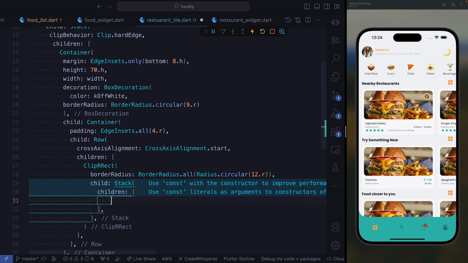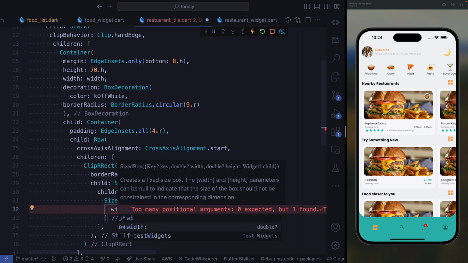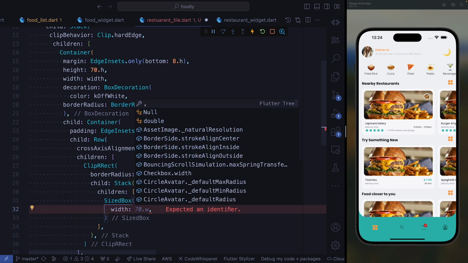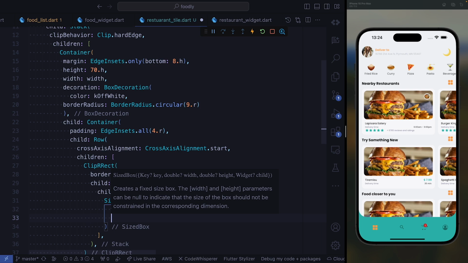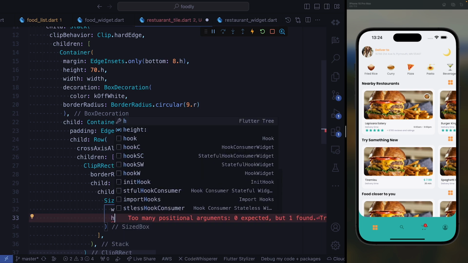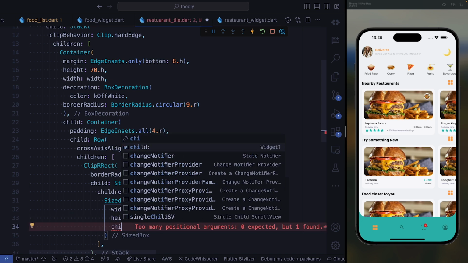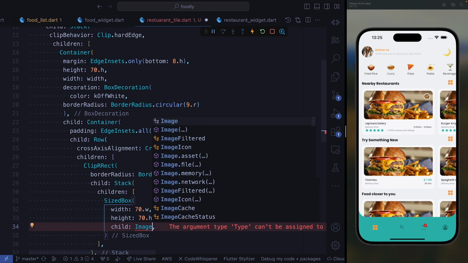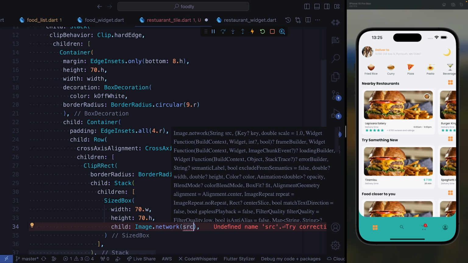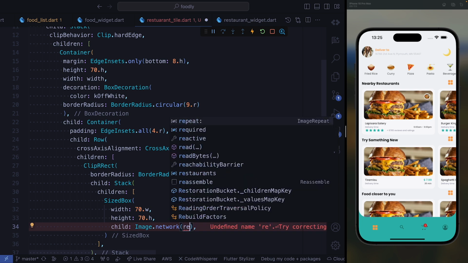In our second stack, we're going to have a SizedBox. Our SizedBox is going to have a width as well as a height. So we're going to give it a width of 70, and we're going to give it a height of 70 as well, like that. Inside, we're going to have an image. Okay, so here we're going to have a network image. We're going to use Image.network, and we have to provide the source. Our source is going to be